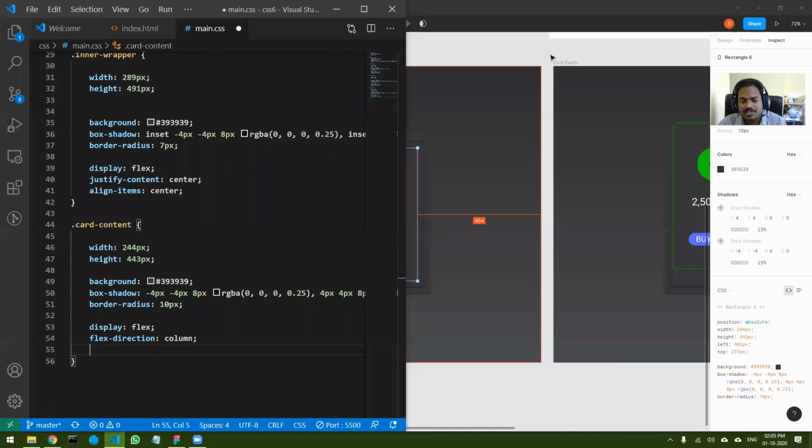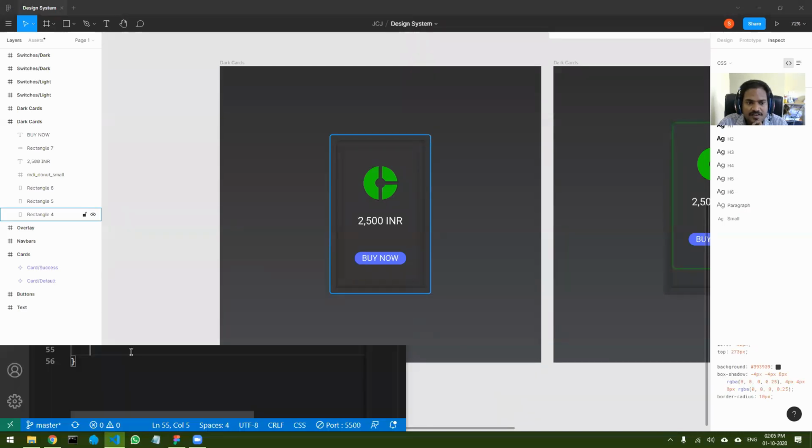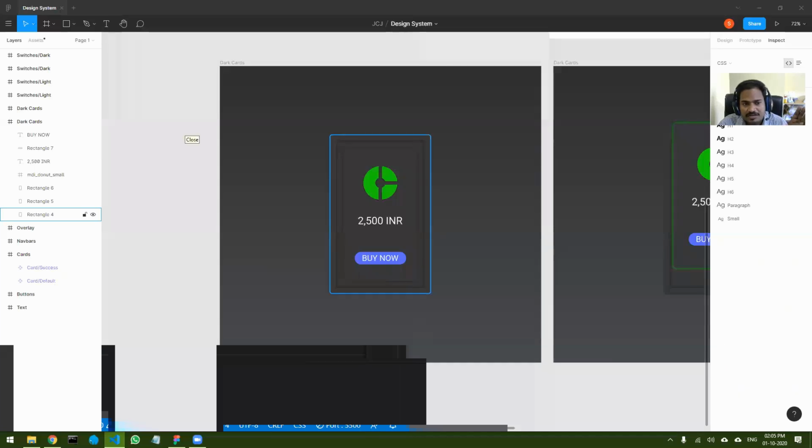Space around. Okay, space around, but where? Should I do space around in justify content or align items? Where should I do? Yes, I should do it in justify content.